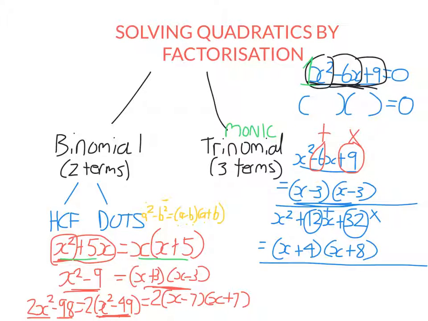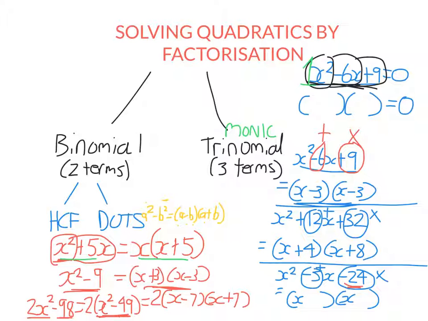Let's do one more example. X squared minus 5x minus 24. Once again, it's a monic quadratic trinomial. I know that it's going to look something like this. I'm going to have 2 brackets with an x in. So I need to find 2 numbers that multiply not to 24, but to negative 24 and add to negative 5. So because I'm finding 2 numbers that multiply to a negative, one of them must be positive and one